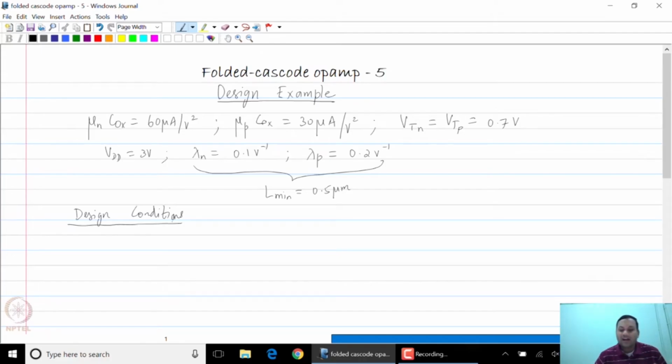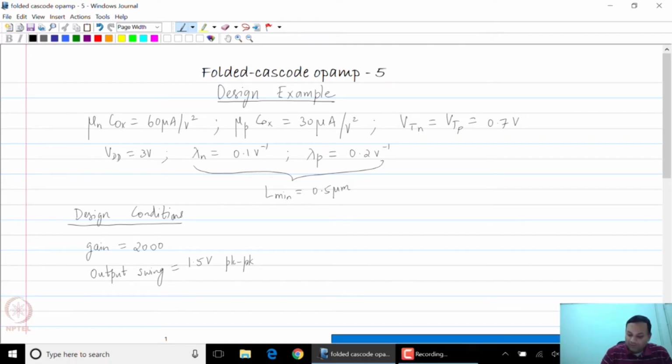So to make our design look more like a real world design, we are not going to over design, over constrain, because we want to come up with an initial design based on some smaller subset of the real world conditions. So let us say that we need an overall gain of 2000 and the swing limit. So let us say I need an output swing of 1.5 volts peak to peak,